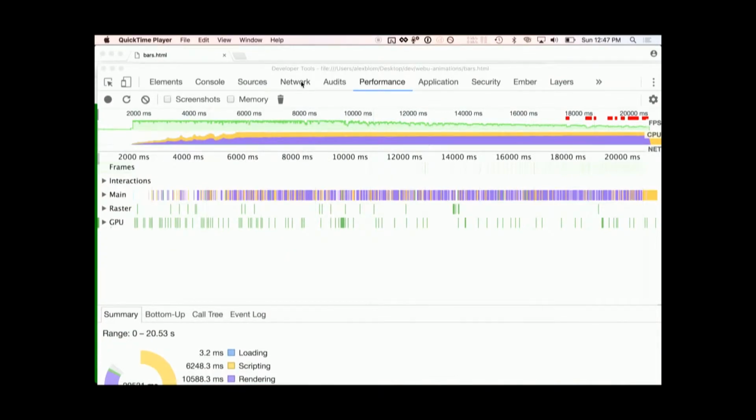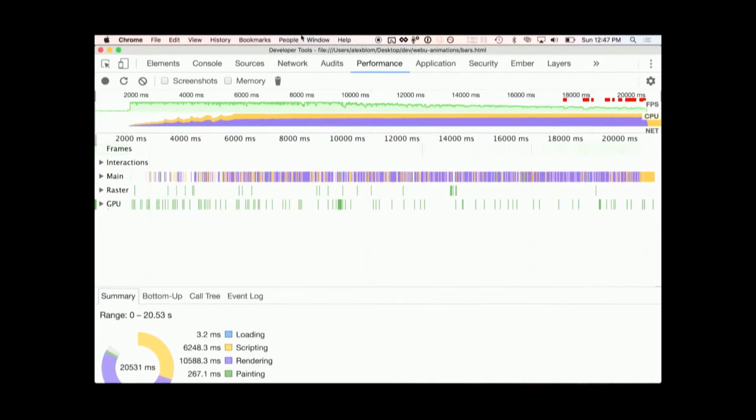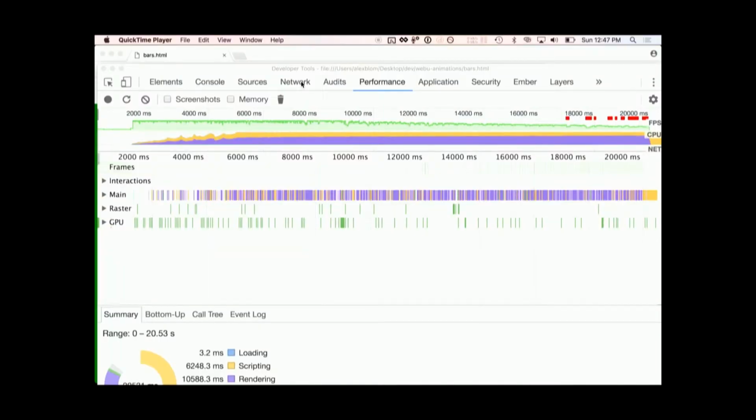So if we have a look here, a couple of things. One is that we noticed that the FPS meter is actually dropping, right? We were trying to do a constant animation. Nothing was happening on the page, but it's going down, right? It's both wavy, but it's on a consistent cycle down, and that's not what we want to see in this case. So if we go in and have a look,